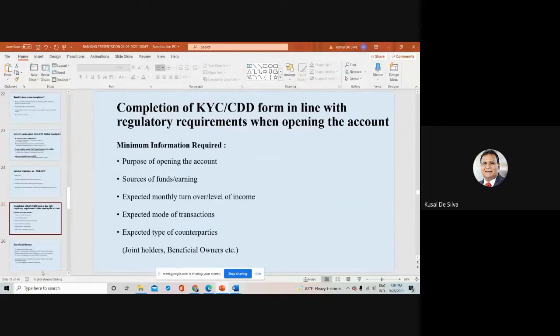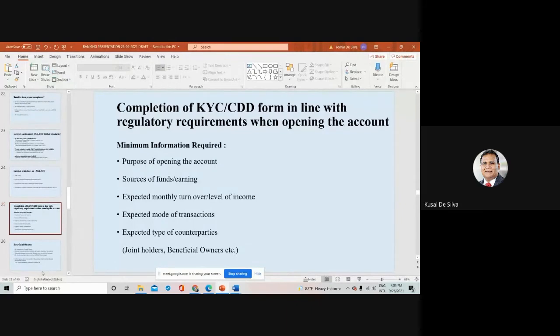Then completion of the KYC CDD form in line with the regulatory requirement. When opening the account, the following minimum information is required. Purpose of opening the account. It is very important. Why do they want to open an account? Maybe for saving purposes, maybe for some other purpose. Their salary may be coming to that account. They want to start a new business. So there may be multiple purposes, but it is very important for you to know the purpose of opening the